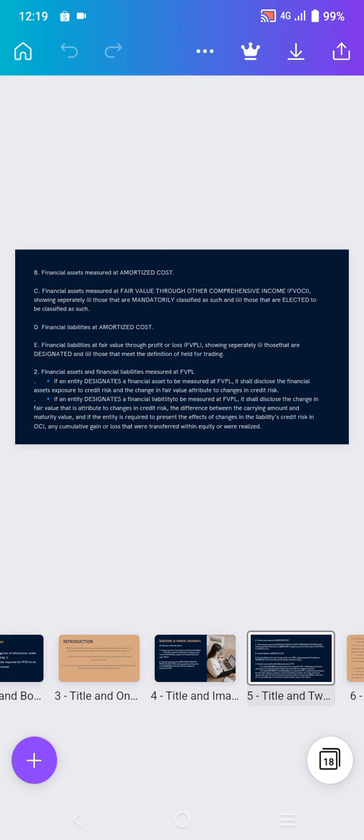Number 2 na po tayo. Financial assets and financial liabilities measured at FVPL. If an entity designated financial assets to be measured at FVPL, it shall disclose the financial asset's exposure to credit risk and the change in the fair value attributable to changes in credit risk. So, dito po sa pagme-measure po ng financial assets at financial liabilities sa FVPL, kailangan po na ma-disclose po yung exposure niya para hindi po ma-risk tsaka ma-change po yung